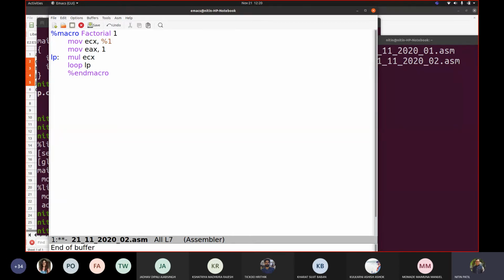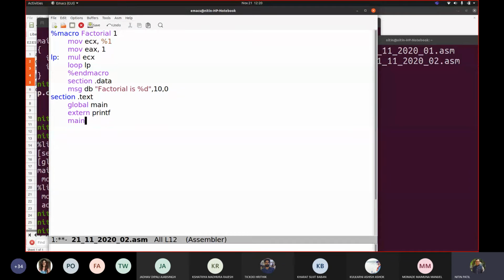Now let us go to your source code. section .text, global main. We'll take section .data as well because we want to display factorial. Section .data, say msg db "factorial is %d", 10, 0. Global main, extern printf.